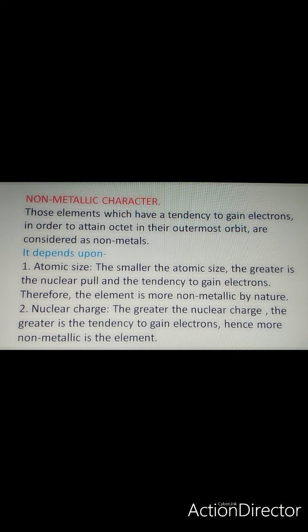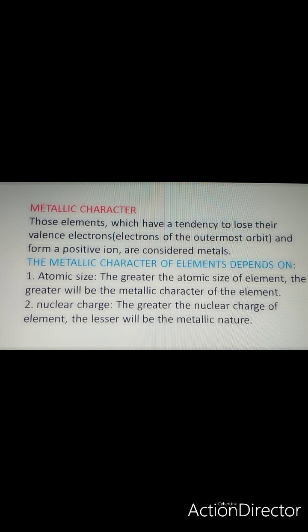Now see here, I will give you some examples for metallic character and non-metallic character. First, metallic character. The first group element is Na, sodium. Then second group, I'm talking about period 3, sorry. That is, group 1 element is sodium, then group 2 magnesium, then aluminium, silicon, phosphorus, sulfur, chlorine, argon. Am I right?